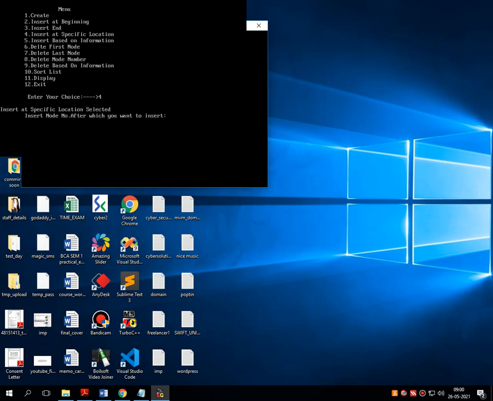Say for example, I am giving node number 3. But if you give node number 1 over here, then ultimately it is insertion at beginning, and if you give node number 7, ultimately it is insertion at end. So I am giving an intermediate node for checking the functionality. So I am giving node number 3. It asks for the roll number. Suppose I am giving 60, just remember this 60, and suppose the name I am giving is Amreli.